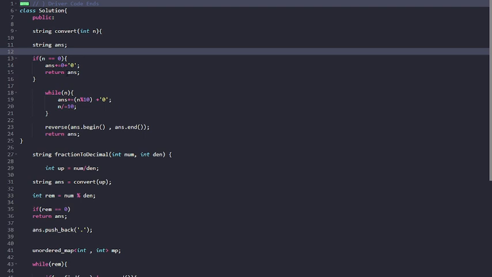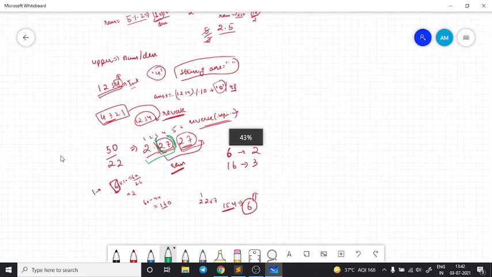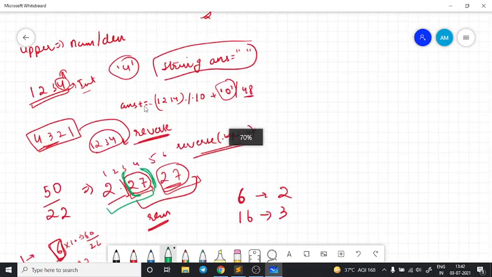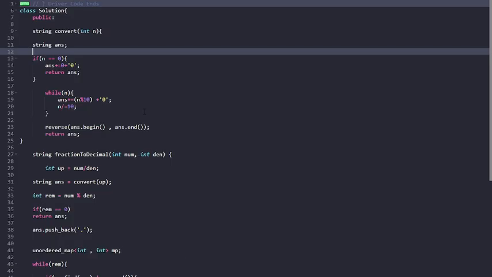Now if I move to the general case, while we are having a number n, I will repeatedly divide this entire number by 10 and take the mod each time, and insert that mod value into the answer again and again. So that's what we are doing. While n, we are inserting n mod 10, and since n mod 10 will give me the integer digit, we have to insert it into a string.